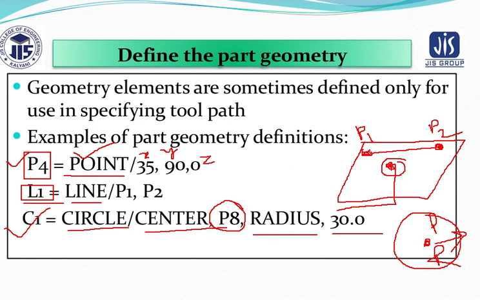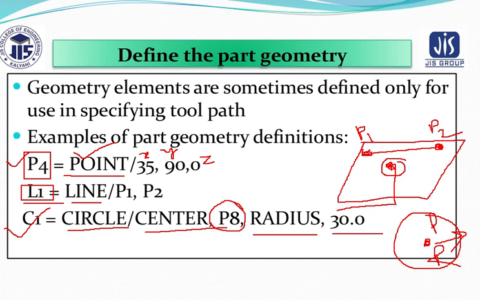Special symbols are also used. For example, a symbol which is used sometimes for separating a single statement into two parts. Then you are using comma, which is used for separating different entities. Suppose you are using open bracket and close bracket, this is used for nested definition. So when you are performing any operation in a nested definition, you have to use open bracket and close bracket.